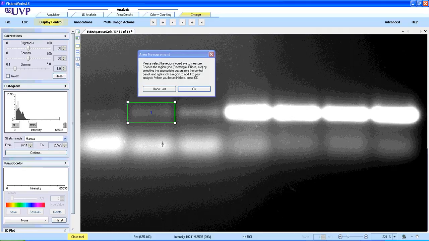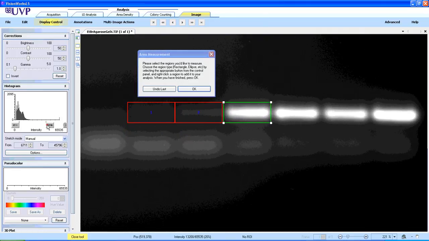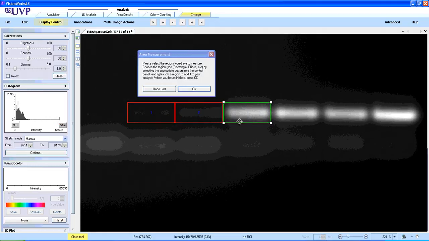You can see a number 1 there, and if I pull that box out, it'll make a perfect copy of that band, and I can right click on that one and go to the next one. Here I can see that it's saturated, or that it's too bright. Just by dragging this down, I can get a much better idea of what the size of that particular band should be. By increasing the band area to be consistent again with the band, I can right click and drag and align it and make any adjustments I need to, and right click and go on to the